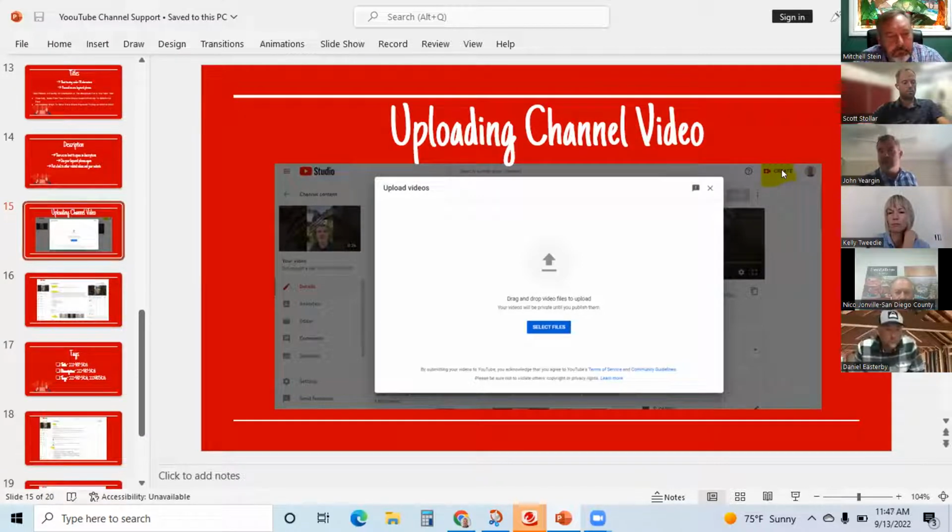When I click on that create, it pops up this window and allows me to search and select for that video. So again, on your phone, it's going to be a little plus symbol, and it's going to allow you to grab it, and it's going to go right to your photos on your phone and grab it from there. Here on the computer, it's going to be looking for where you saved that.